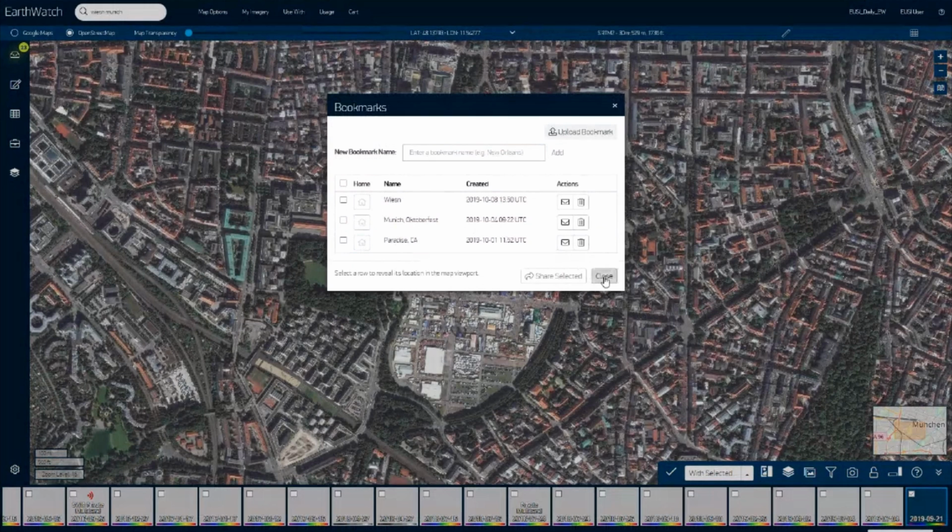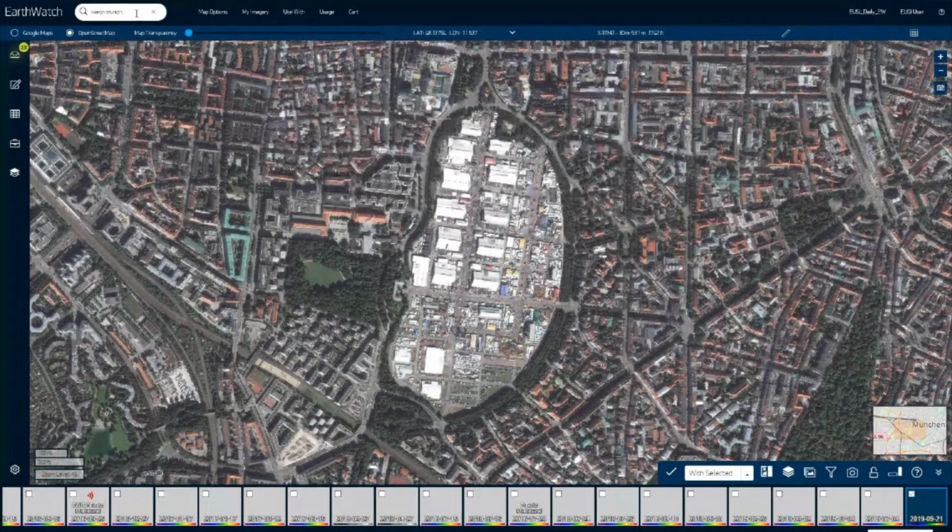By the way, from the search bar, you can also enter coordinates and also any cat ID, and it will zoom directly over the place and show you the image. If the image is online, then you will be able to see the image at full resolution. If the image is just contained in the global archive but not produced, you will see the quick look and you will be able to trigger the production.